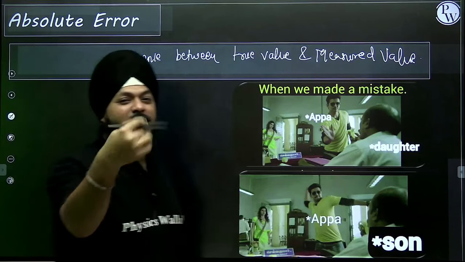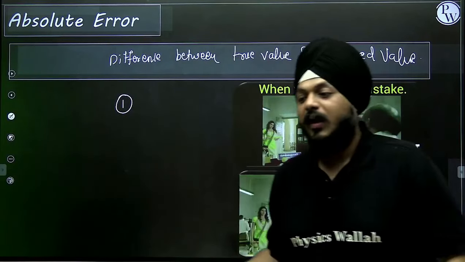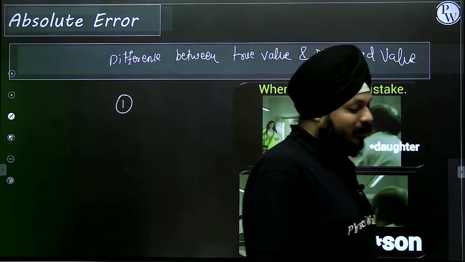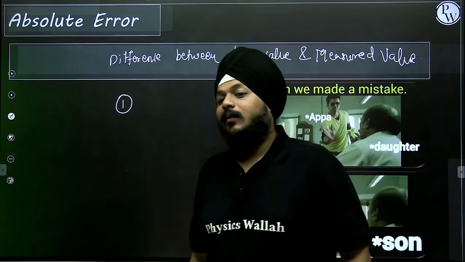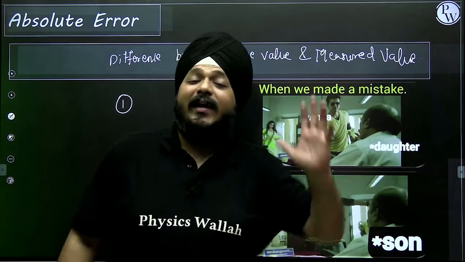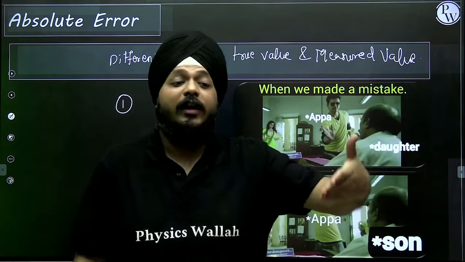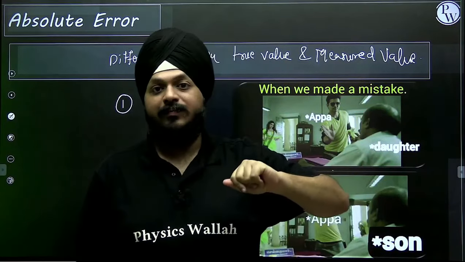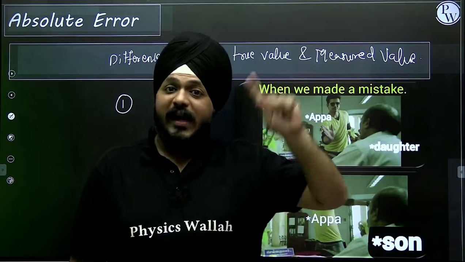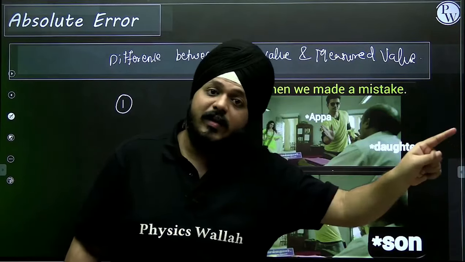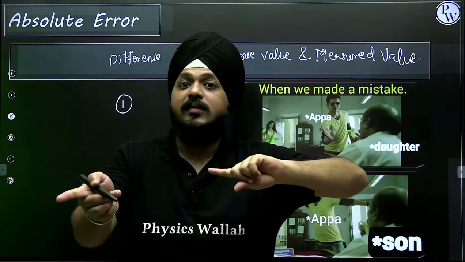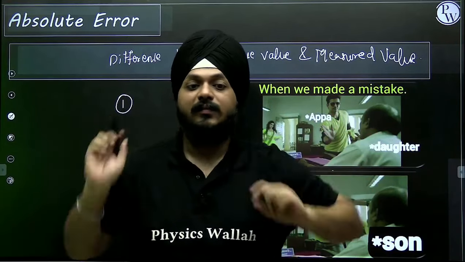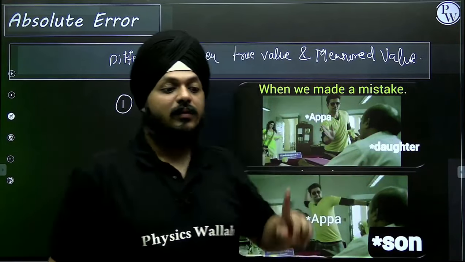Let us take an example, pocket money. I got 10 rupees from my father. But after some days, suddenly my system is showing he gave me 11 rupees. What was the actual amount I received? 10. What is the amount that the system has measured? 11. What is the difference? True value 10, measured value in the system 11. The difference is the error. It's an absolute error.